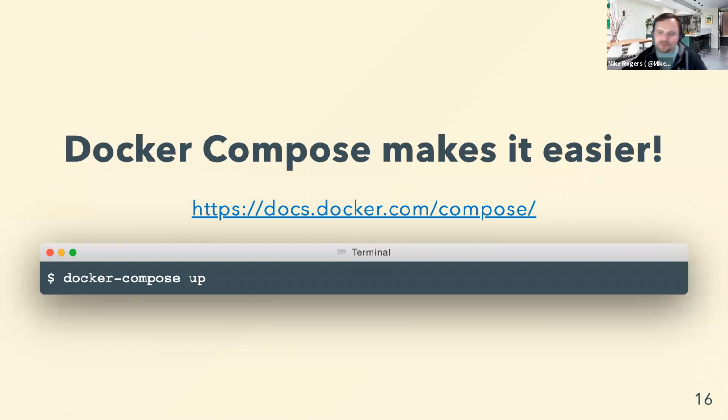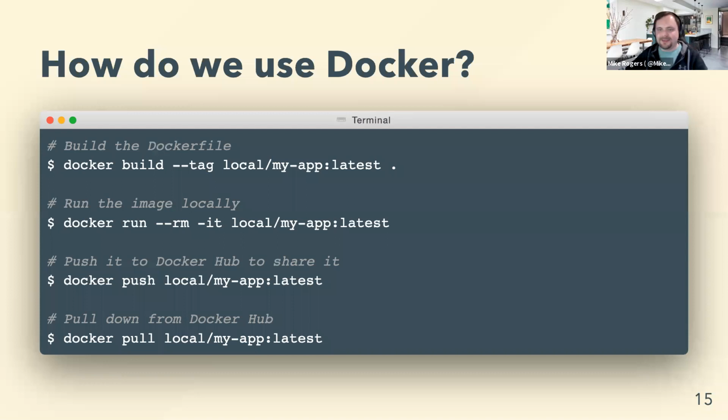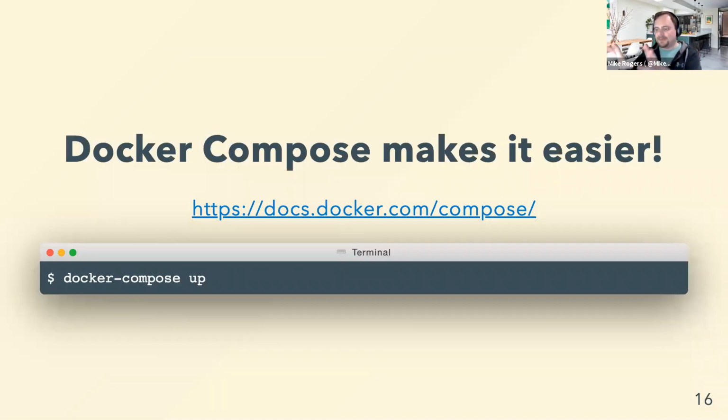There's this tool called Docker Compose, and it's syntactical sugar around this, and this makes me happy because potentially we could get to a point where if you've set up your app correctly, you could have people just clone it and run Docker Compose up, and it will turn on everything, and you don't need to do anything else, which is really cool. You could have the most junior dev, and as long as they know how to do this one command, they can get working. I'm really excited by it.